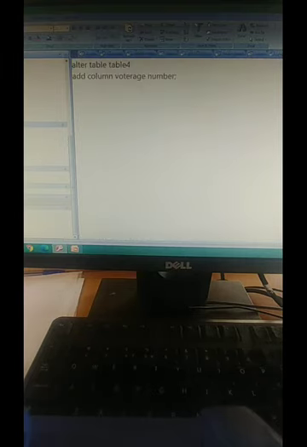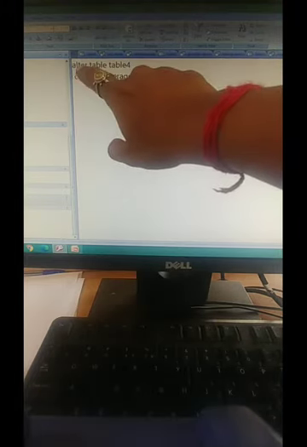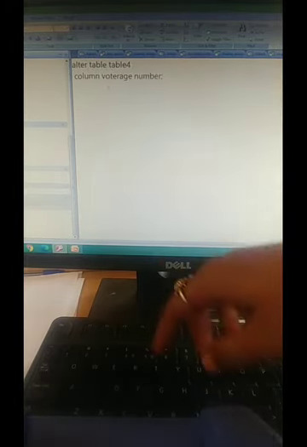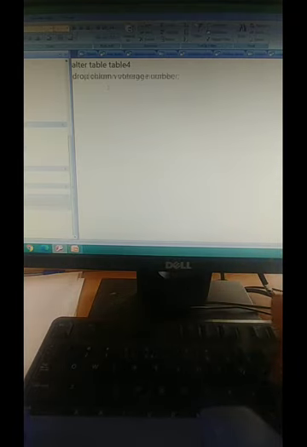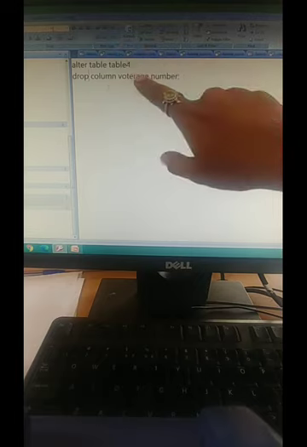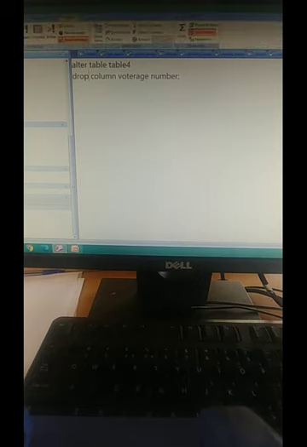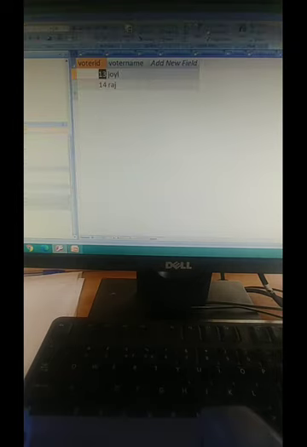I'll close it. Now I want to delete this voter age, so for that, the same alter table, you have to use the alter keyword and table, then give the table name. Here instead of add, I'll give drop, then column, then give the column name which you want to delete, and the data type which you mentioned during creation of the table. I'll run it. Now it is deleted, no message, nothing I am getting. I'll open table 4. Now see, voter age has been deleted, that column has been deleted.